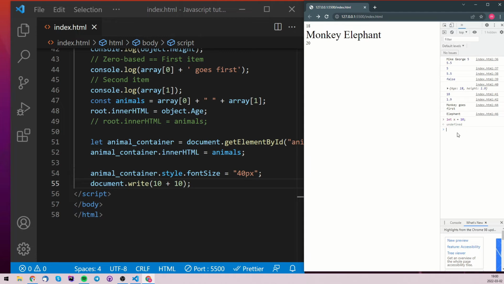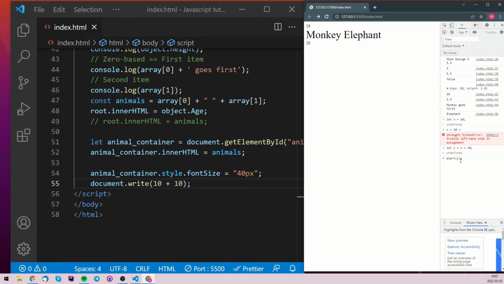Then don't worry about this undefined. And then we can send 10 plus 10. Sorry, what I'm doing, x, okay, let's say let y is 10x plus 10. Now we have defined x here, declared it, and y is going to give us 20, but we have to output it. So if I do alert here, look at this,